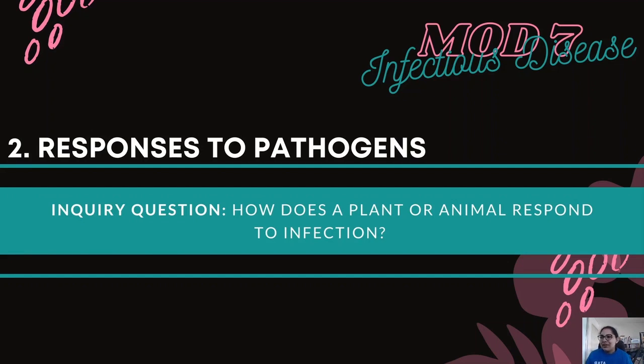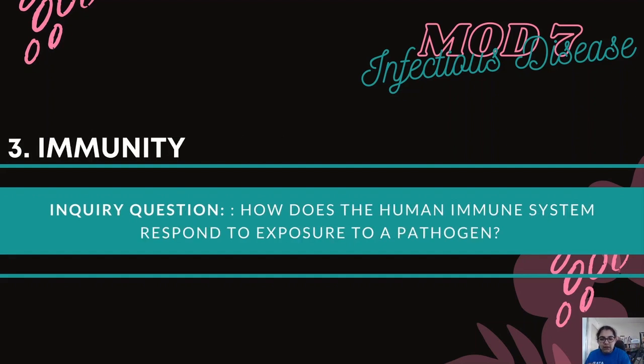Okay, I think we're going pretty well according to time. So let's move on to responses to pathogens. So this is where we want to know how a plant or animal responds to infection. It's a pretty small dot point, and you just want to know an example of how a plant or animal responds to the infection. And in the syllabus, you can choose whether it's a fungal pathogen you're looking at or a viral pathogen. So I'll leave that one out for today, and we'll move on to immunity, because this is the one that really